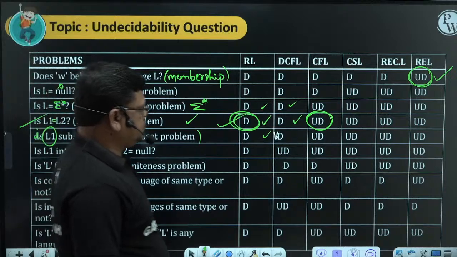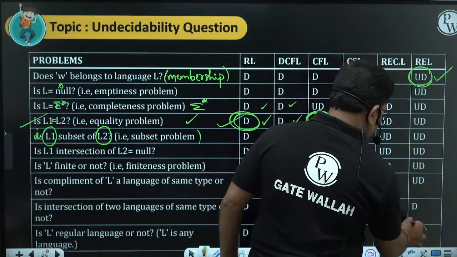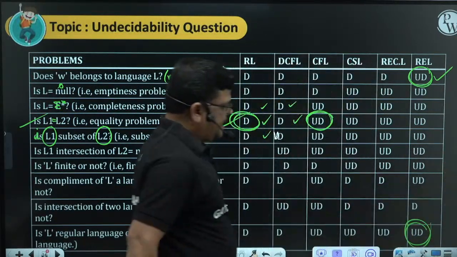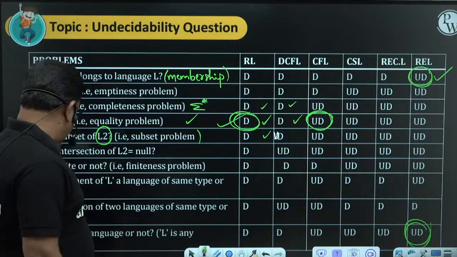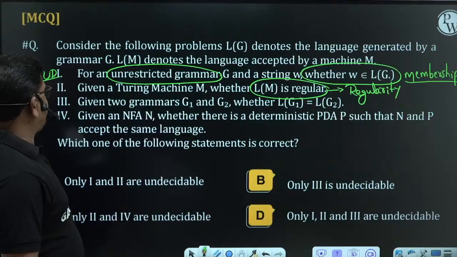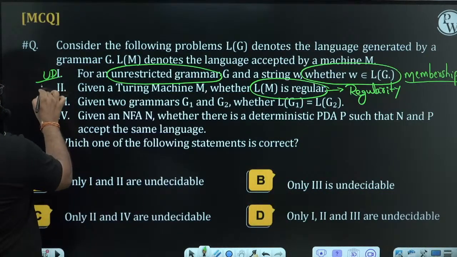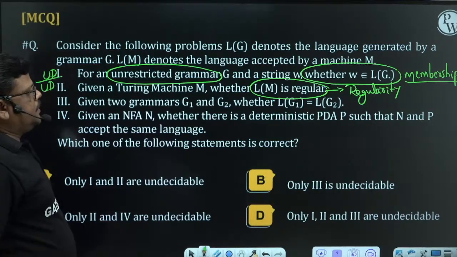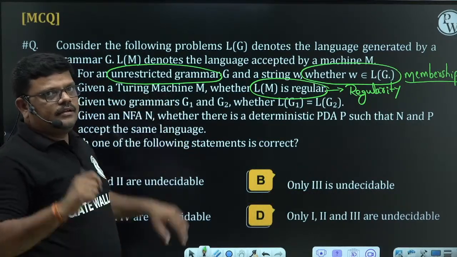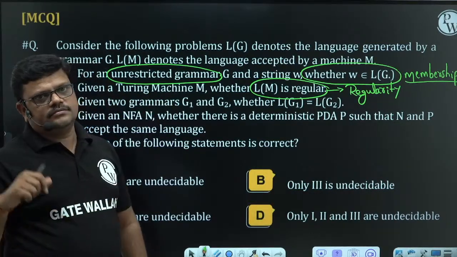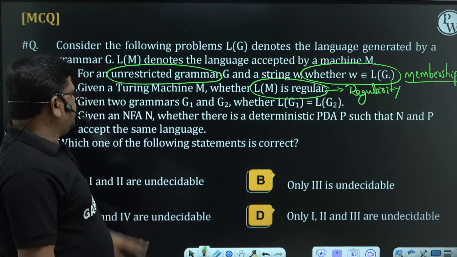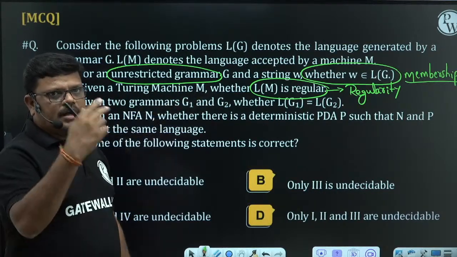Regularity of Turing machine. Given in the table, undecidable. So Turing machine is given, unrestricted grammar is given, RELs given. We have to check in the RELs table only.